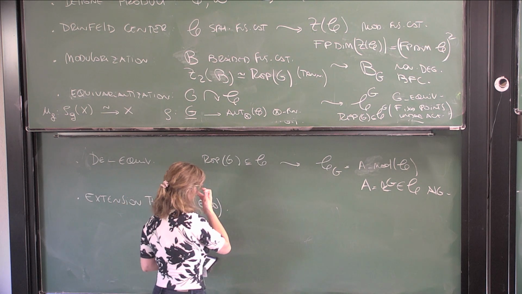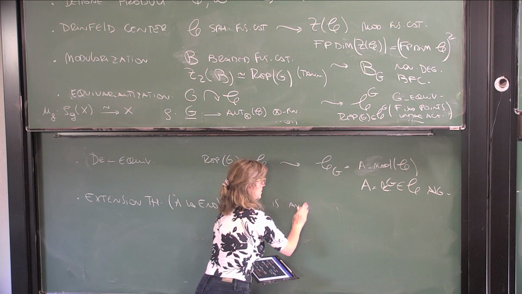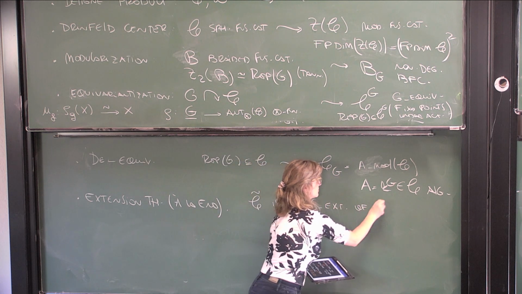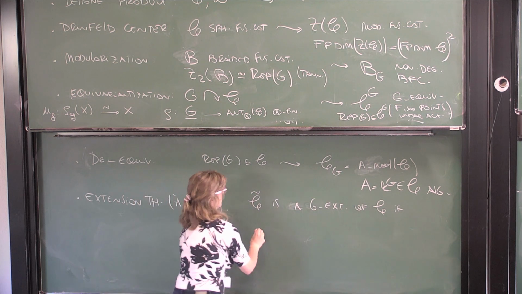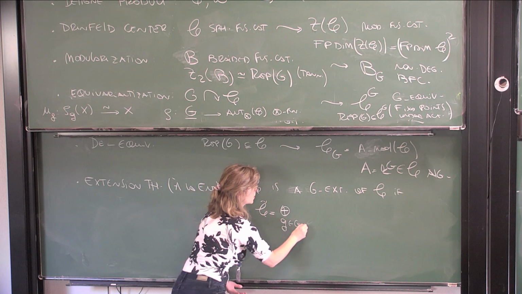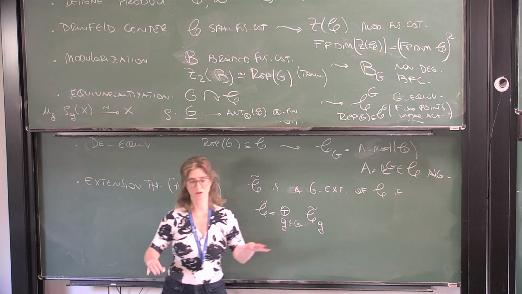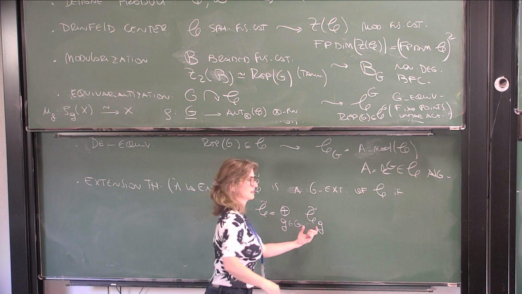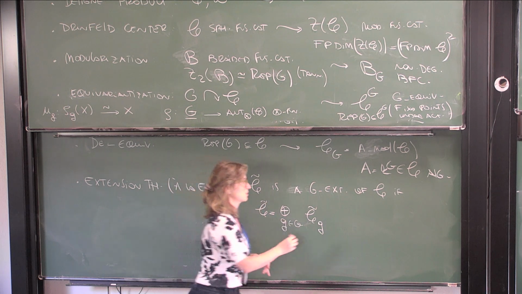So again, what is an extension? So C-tilde is a G-extension of C if, again, C-tilde is something graded by the group. So here what I'm doing is I have my fusion category and I'm partitioning it in blocks. So these are as abelian things. I'm putting my simples in different blocks, and this is my simple case. But I want this partition to play well with the tensor product.